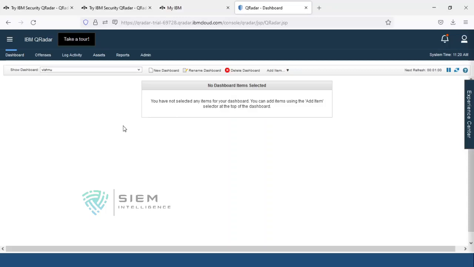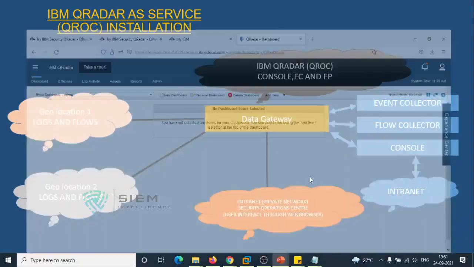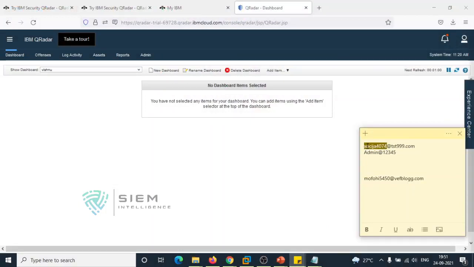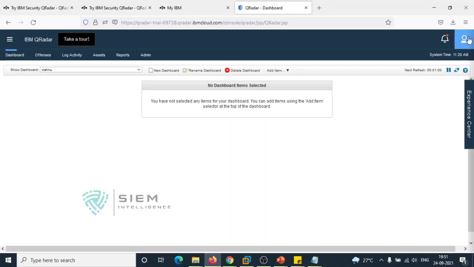For another 14 days, you just create another mail like this. See, as I have so many mails, this one is one thing, this one is another. Like that, you can create them and utilize them for your practice purposes. At least you can do so much practice over here instead of creating your home lab, and it is quite fast compared to your home lab.